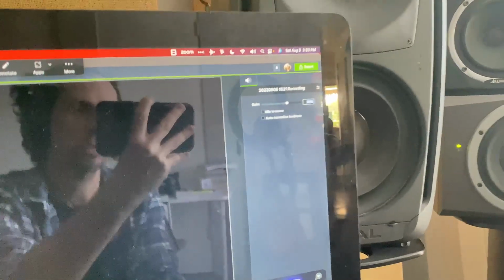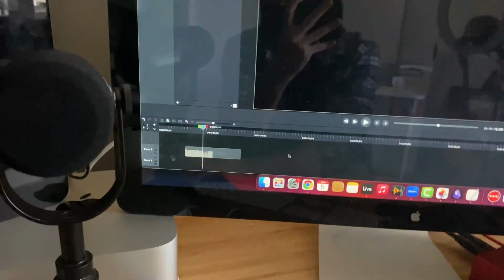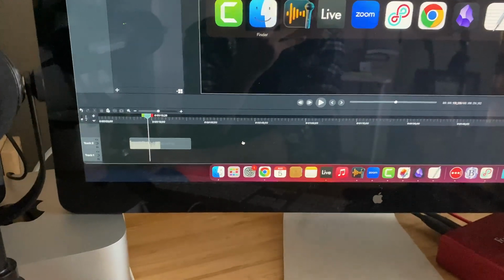I can also come up here into Camtasia, and I can just change that output here to maybe like 80%. And so we're just going to get a nice amount of headroom there, so we're just not going to be clipping anything at all. But that is how you record